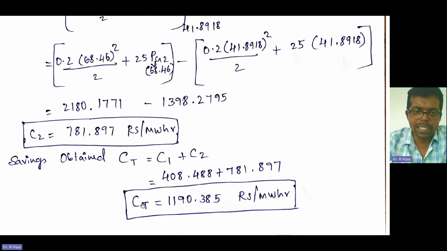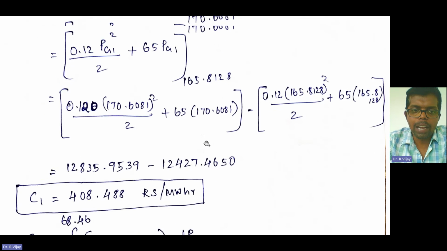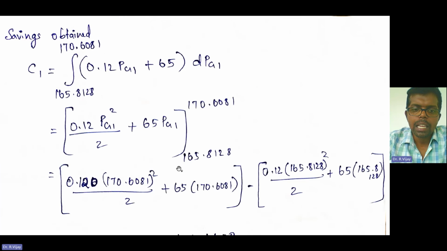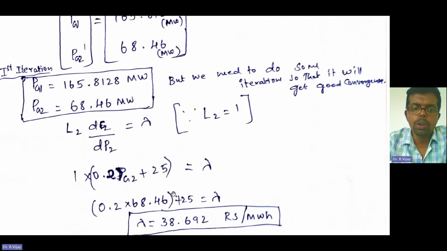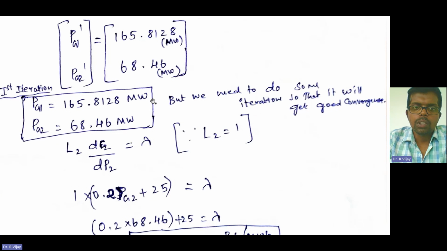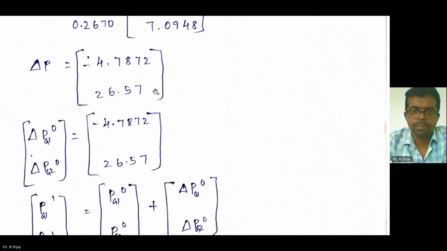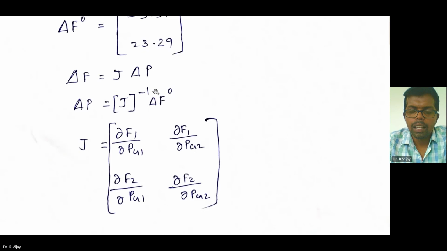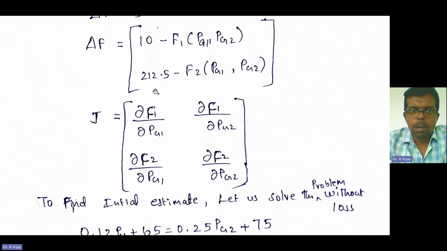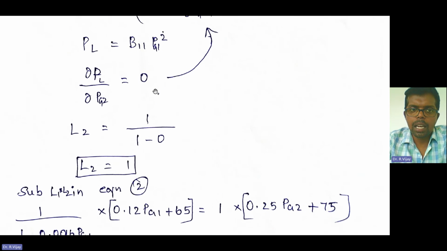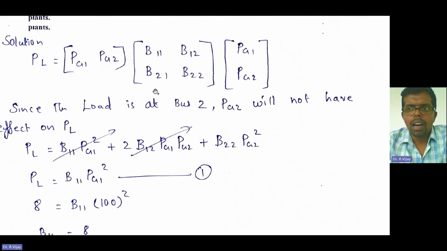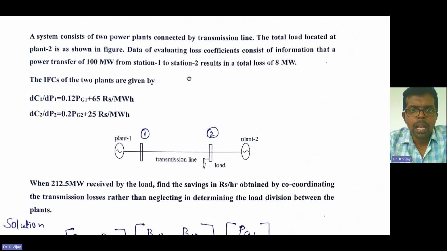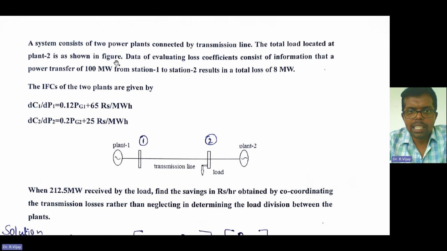They asked for the total savings obtained, which we calculated, and they also asked for the lambda value, which we also calculated. The lambda value is not given in the problem, so you need to calculate it. This is how you need to solve this kind of problem. They may ask this kind of problem in your exams. They may ask you to do one iteration, or they may give it as an assignment. So you need to read the questions clearly, and you need to solve the